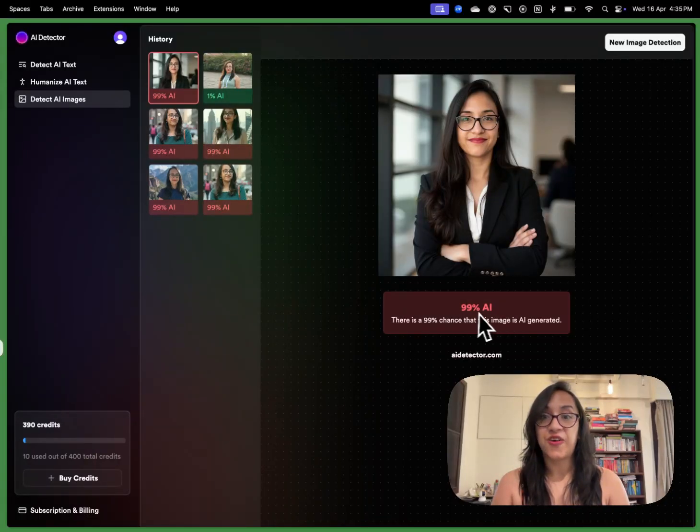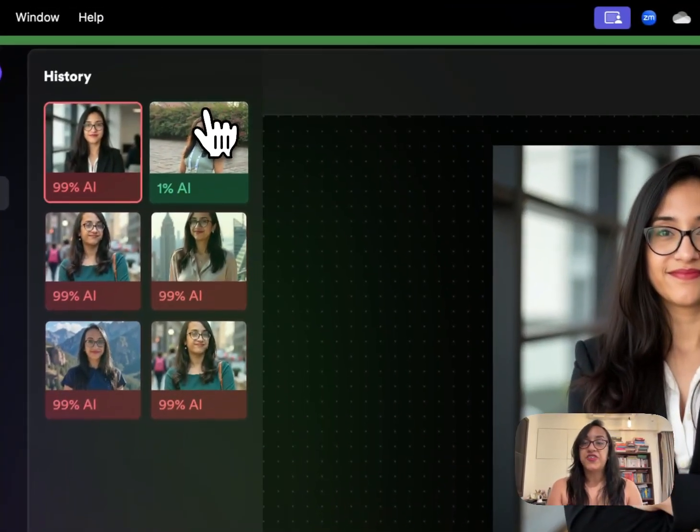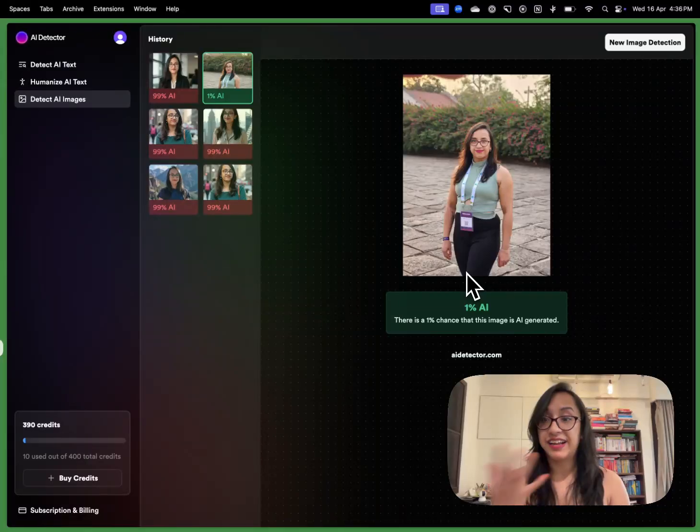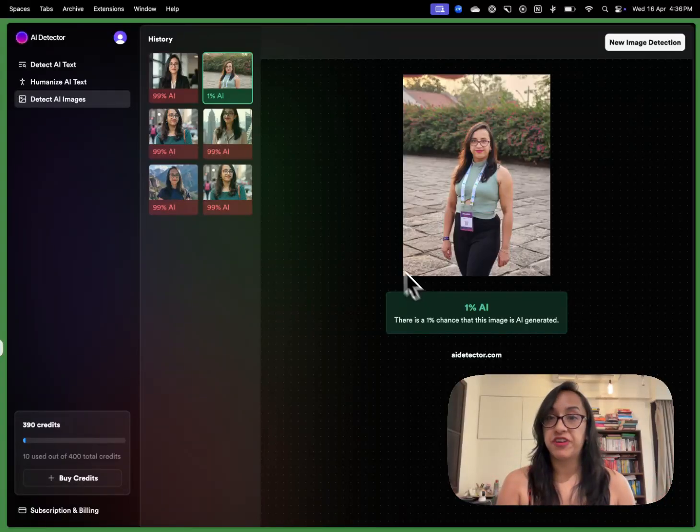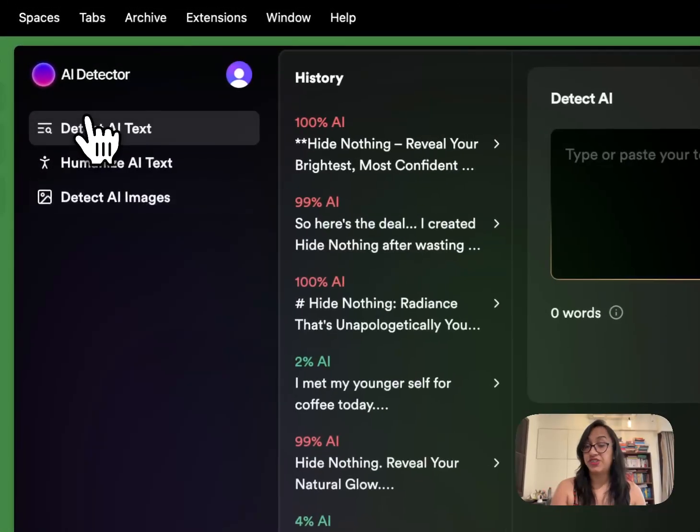And the result I got is amazing, that it's 99% AI and 0% human. In contrast, I had also uploaded one picture that was actually my picture, clicked a few weeks back, and this was shown as 1% AI. So we can see that this is a super powerful tool when it comes to text and image detection.